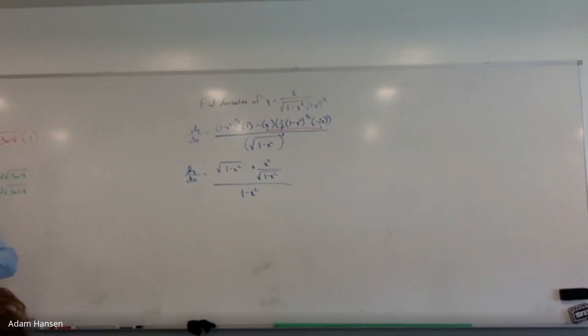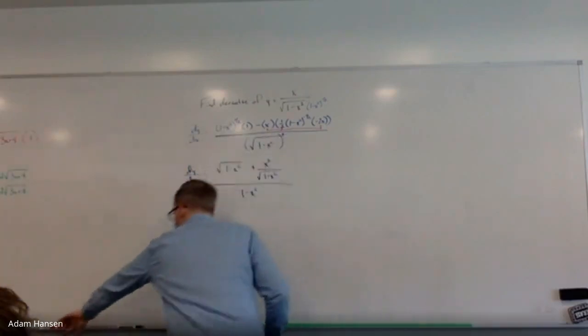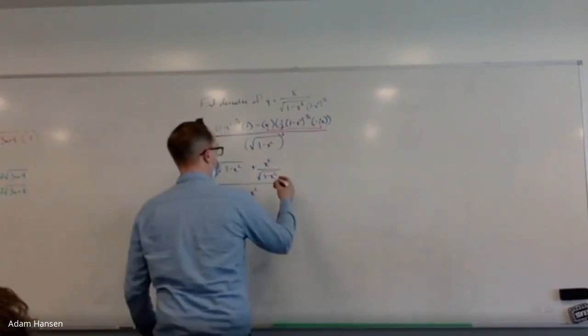Here's our derivative so far. We got some more work to do to start cleaning this up. What makes it look kind of messy right now? Got a fraction on top. A fraction on top, right? So how could I clear out that fraction? How can I get rid of dividing by root 1 minus x squared? Multiply everything by